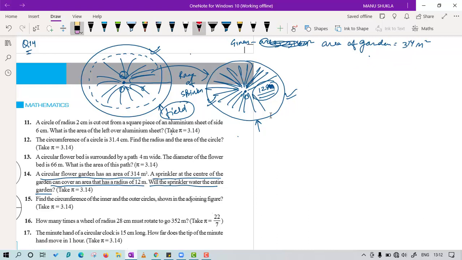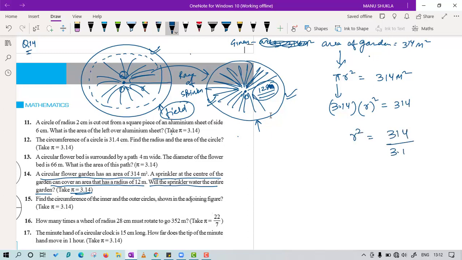So the radius of the garden we have to find out. So we can say the area of the garden is given by pi r square is equal to 314 meter square. So pi is how much? We have to use pi as 3.14 into r square, that is unknown, equal to 314. So we will keep r square on the left side and we will bring this 3.14 to the bottom. Now this decimal is gone. We have got a 100. These two cancel. Now can you tell me what is the value of r?